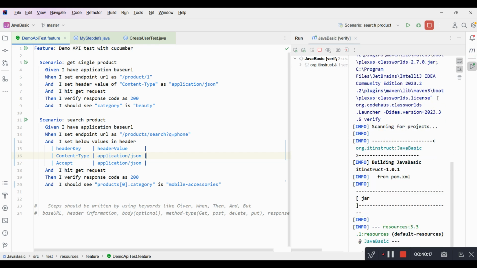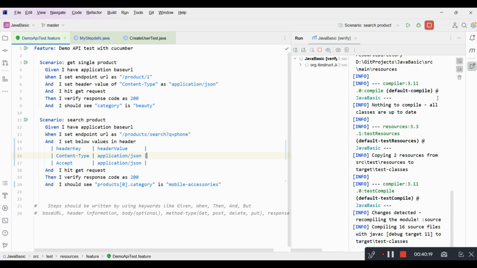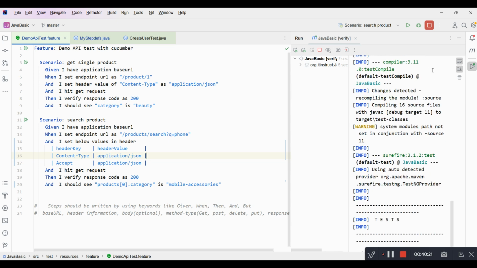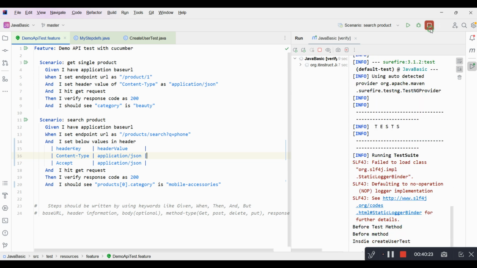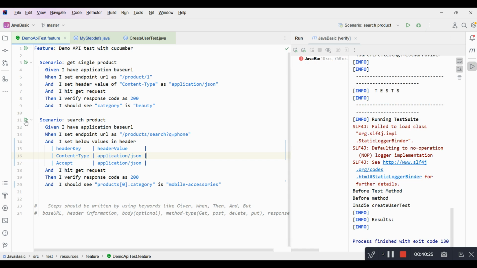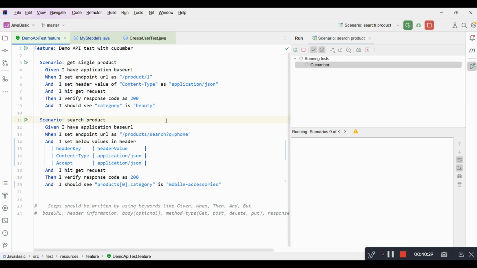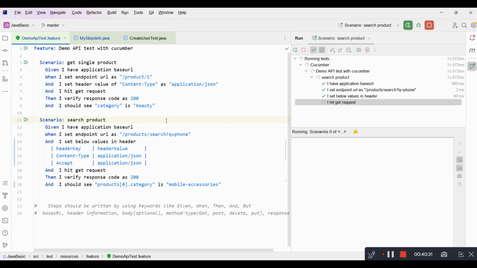Let me quickly verify Maven. So let me run the test once again. If I run the scenario,